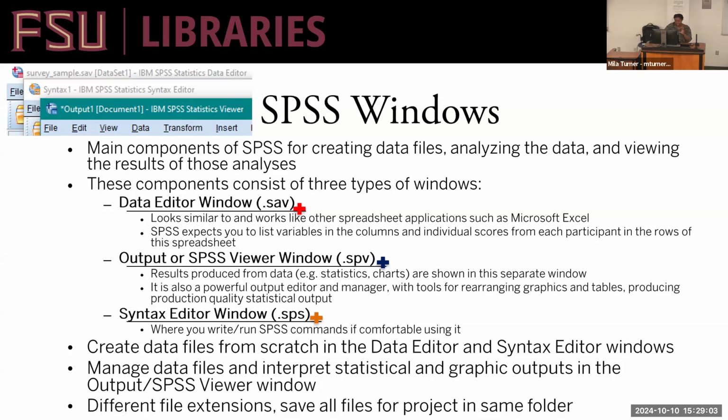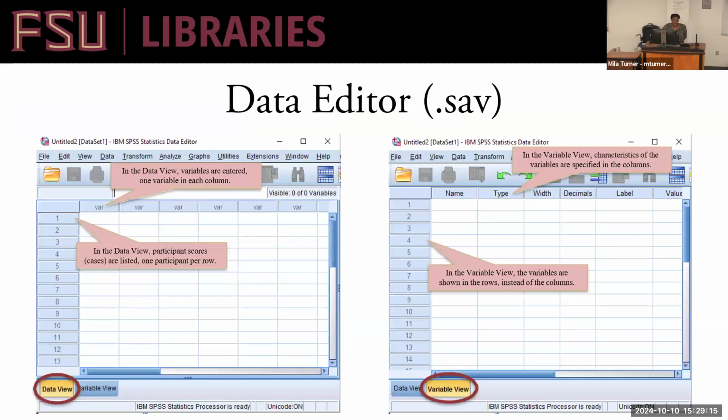But just know that you've got these 3 different file types, so don't be alarmed when you see different ones. But the main one is the data editor that we will manipulate. Okay, I'm going to go back and show you the real sample data, but I just want to tell you what you're going to see, which you might have already seen just now. We'll have in the data editor a data view and a variable view, and they do exactly what you think they do. So let's go ahead and